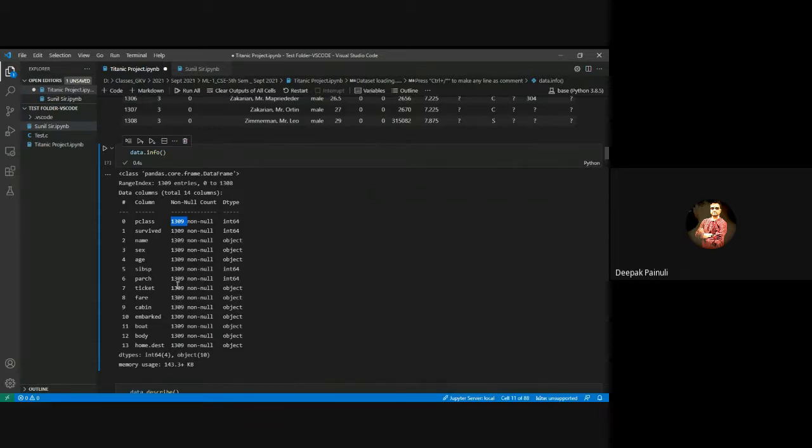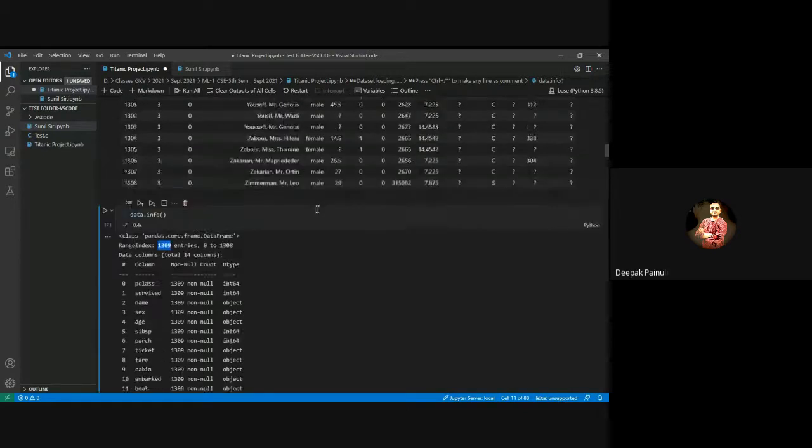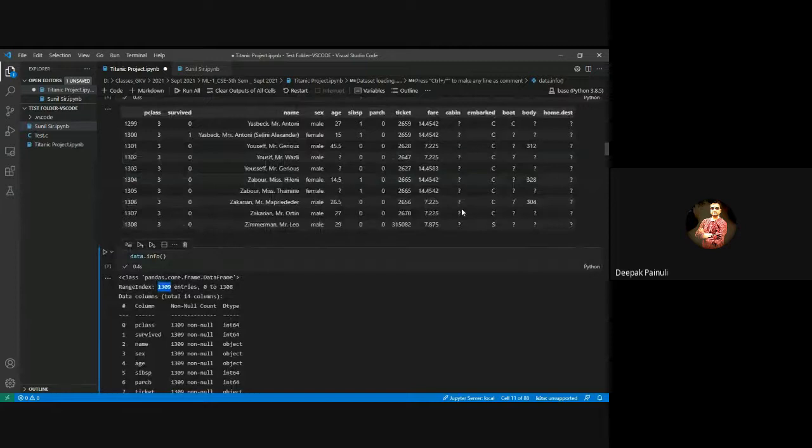In the same way, all columns have 1309 non-null values out of a total of 1309. That signifies that there is no null value. But when we look at the data, we find there are some question marks in the dataset, right? It means those values are not available, or those observations are missing. So for us, those are missing values.